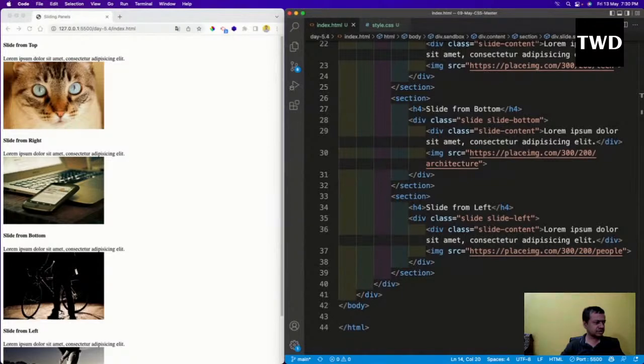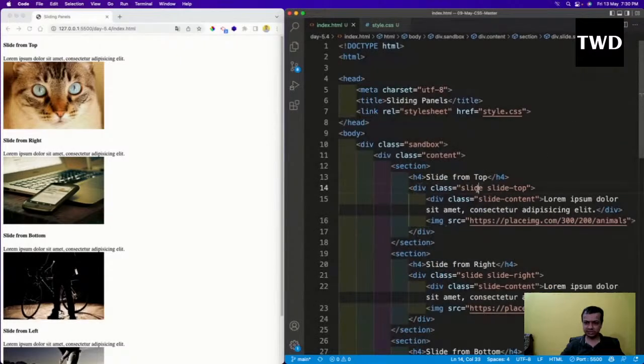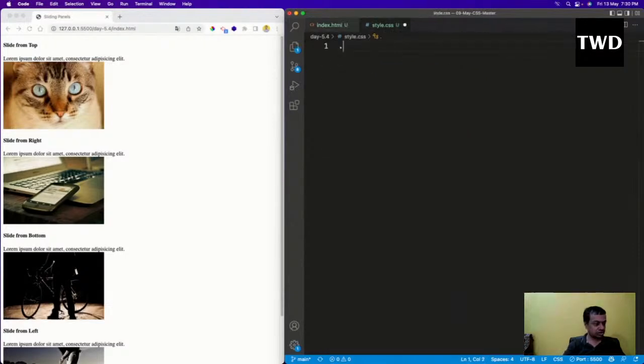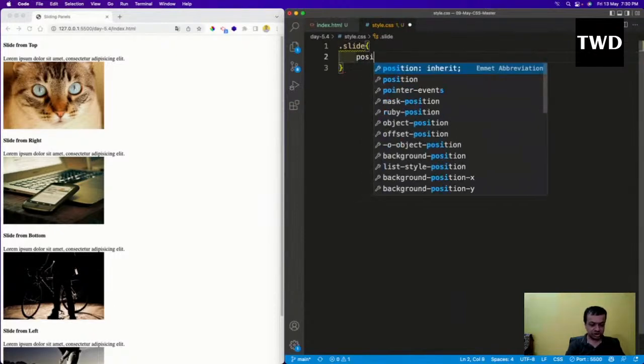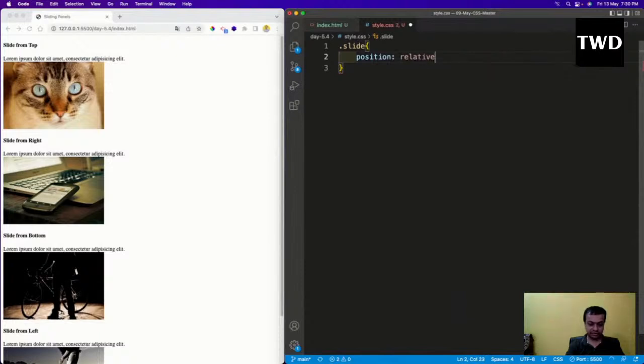Now let us do the styling and all. The first thing we are going to do, see, the slide is very common, so we are going to do this slide. Dot slide, position is relative, and